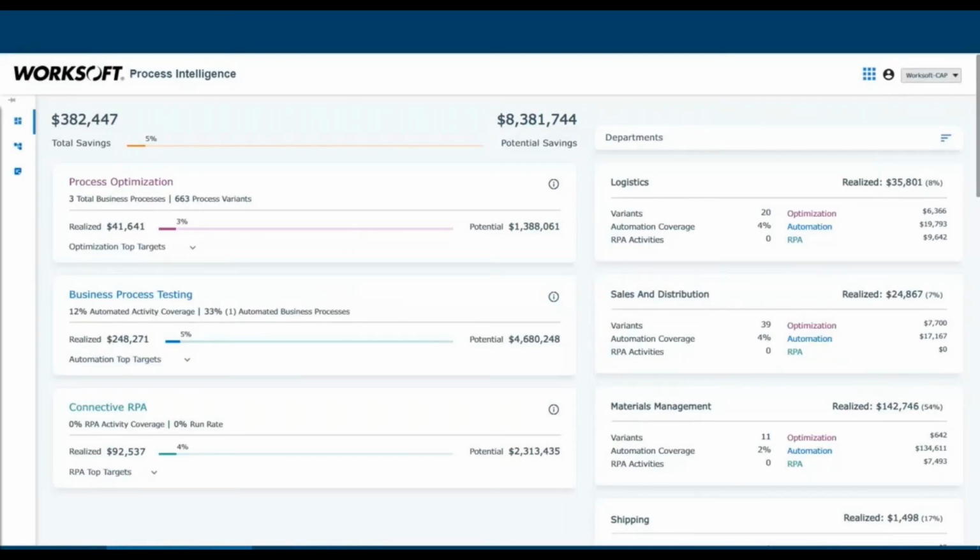Now that they have RPA running as well, let's go back one last time here and see how the connective automation platform has really gotten this customer moving. They've done another process mining scan and are starting to see realized savings across their production processes. The system suggested business processes really helped facilitate a quick turnaround there. We're seeing even more automation gains than before as they continue to let the automation top targets drive the roadmap